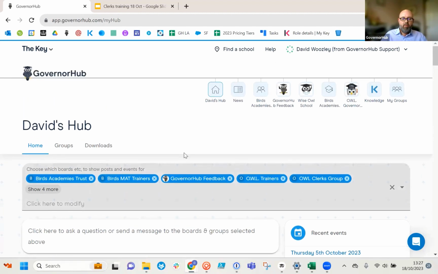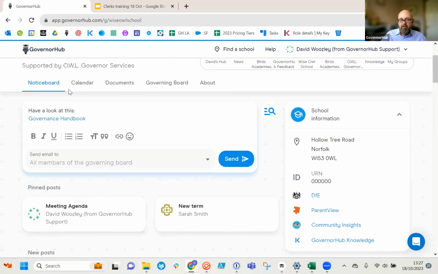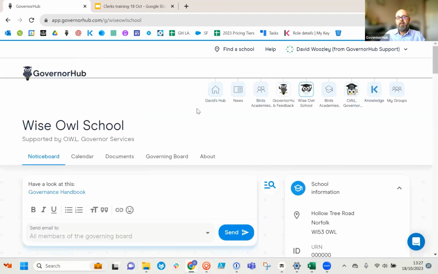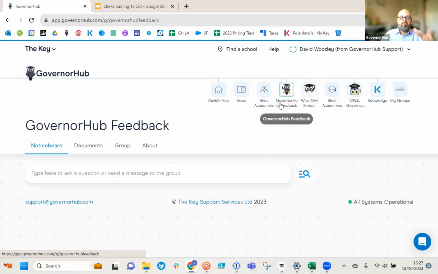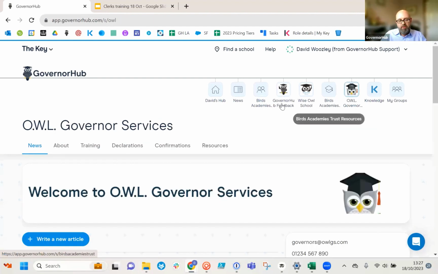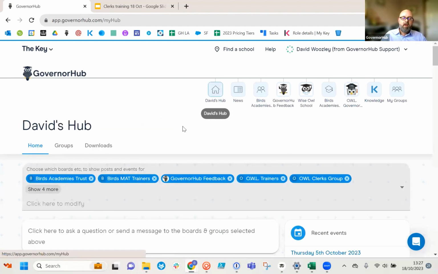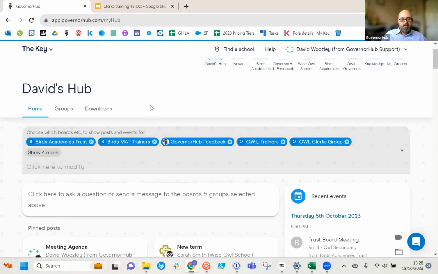Okay, if you're working across multiple schools, yes, you can click through and share a notice board post, and then click into the next school and share a notice board post, and then click through to another account and share that notice board post. Wouldn't it be nice if you can do all of that in one go? If you've got multiple messages that need to be sent to multiple places in one go, then the hub is the place to do this, your particular hub. So as you can see here,